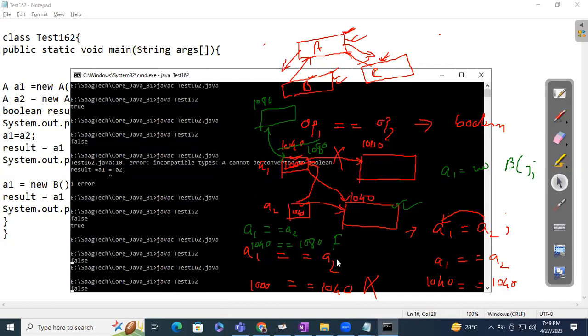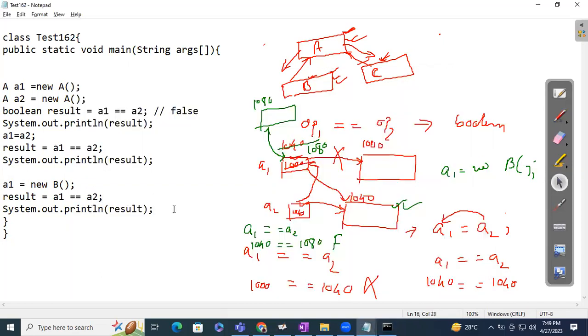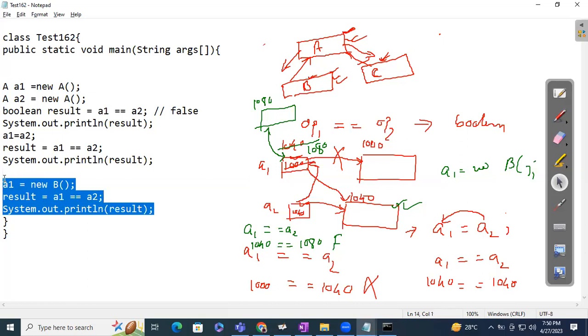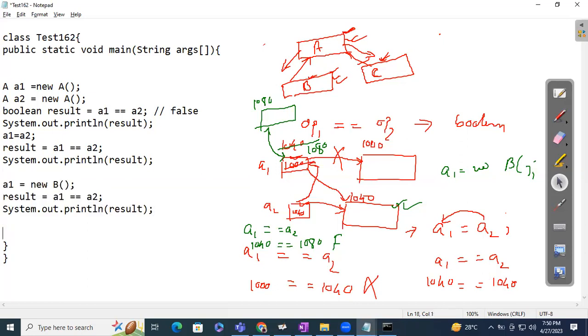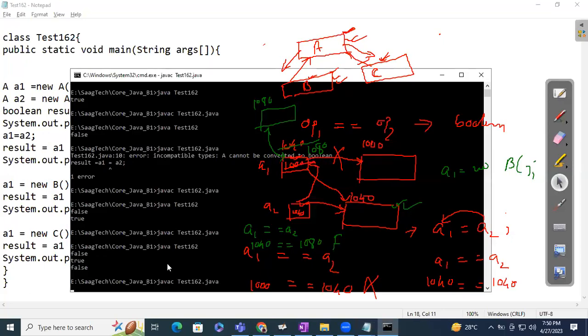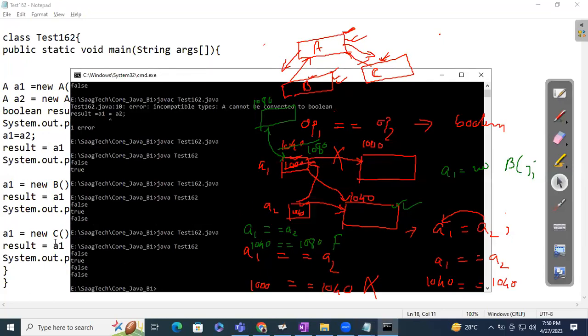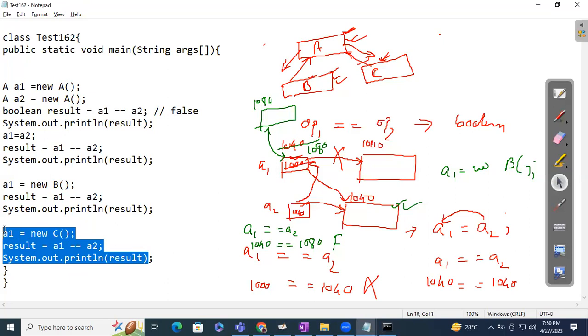Compile and execute. It is false. Similarly, before that, A1 is equal to new C and comparing. Again, it will become false. Compile and execute. It is false. Right? It is false. Now, what I will do